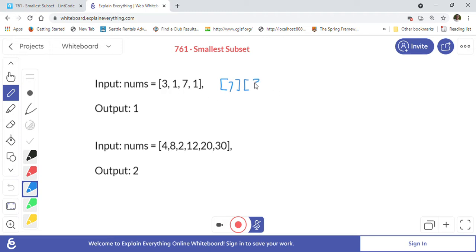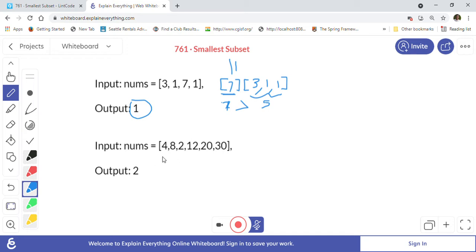The other set total is 5, and our set has total 7, which is greater than 5. So we can have minimum one element, and we have to return 1 here. That is the smallest subset.